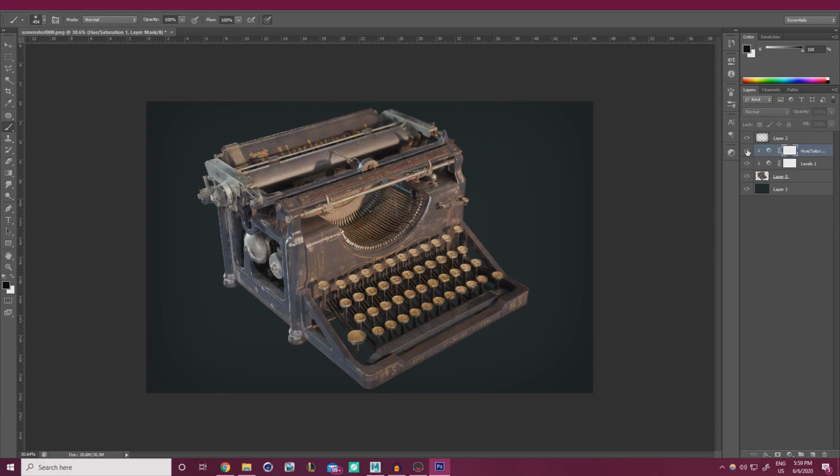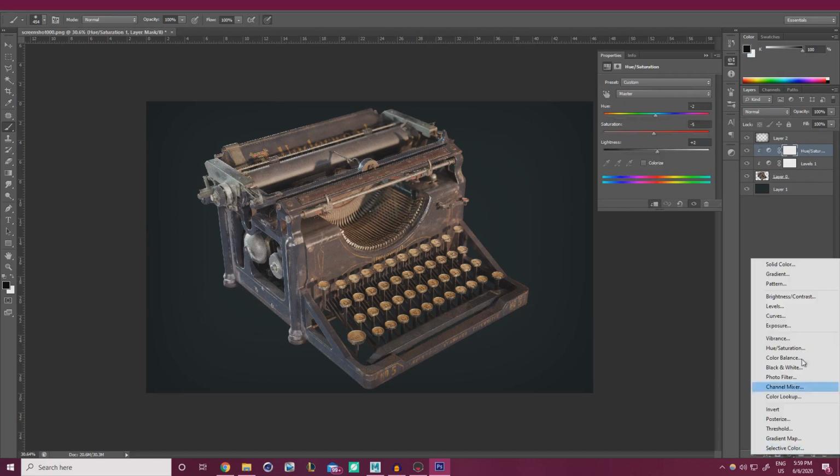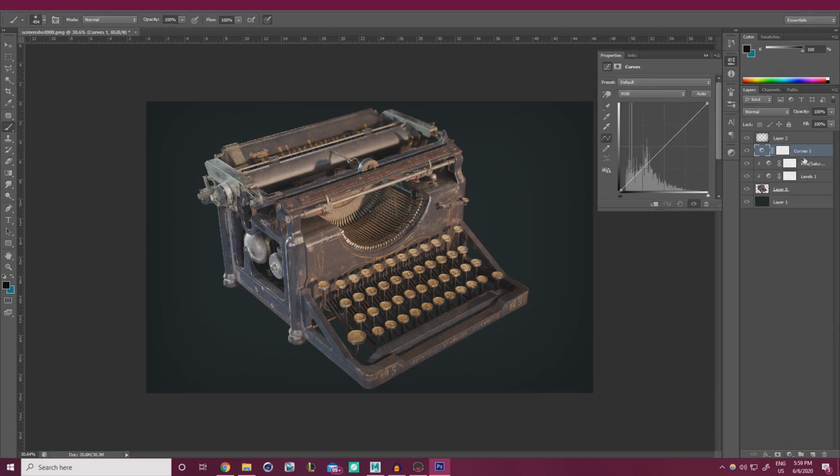So really just chilling out a lot of this stuff, especially down here. I think it's doing us a lot of favors. We can add a levels in here, or not a levels, sorry, a curves. And what curves is going to do is it kind of lets us use this line as a representation of how we're affecting our color. So black to white, we can say, hey, let's make this a little bit more intense, a little bit more brighter,